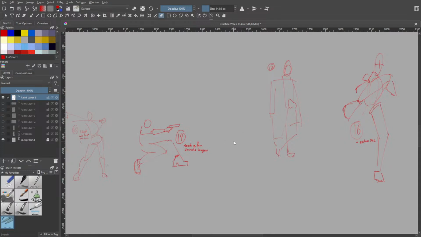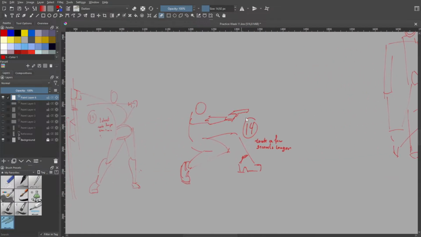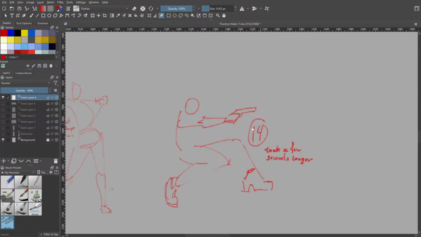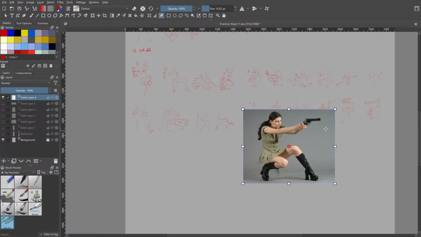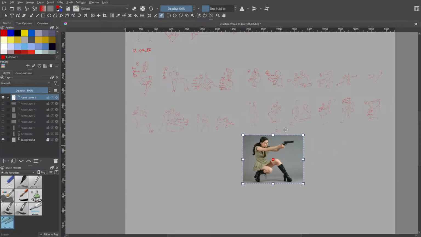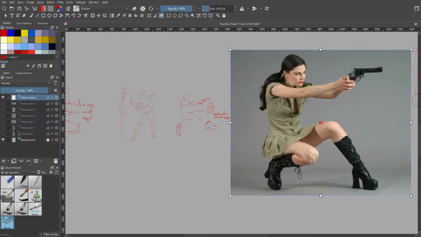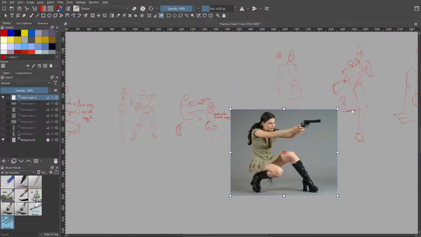What I'm essentially getting confused about is this here. If you look at number 14, that's a woman actually with a gun, doing this kind of kneeling pose, crouching pose is what I wanted to say, where she's aiming the gun. So that's this one here. And